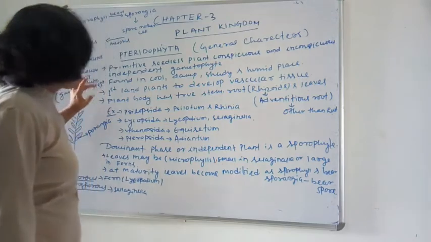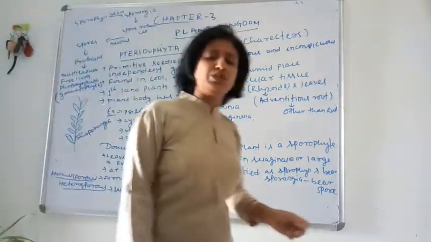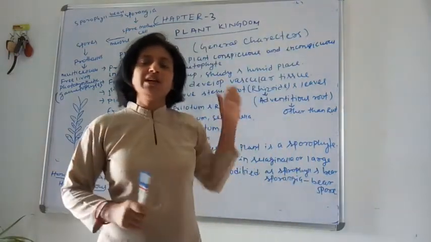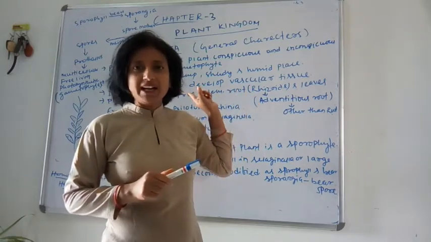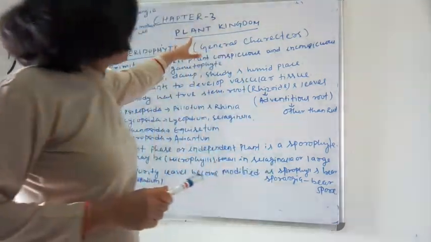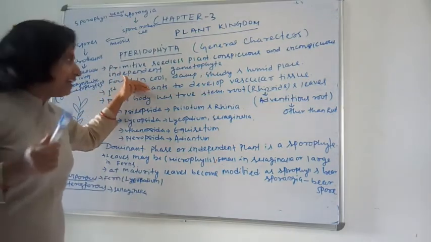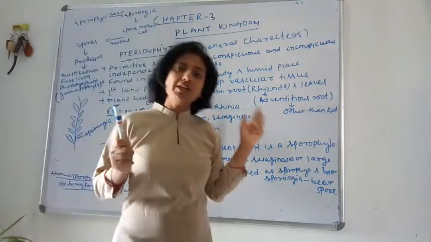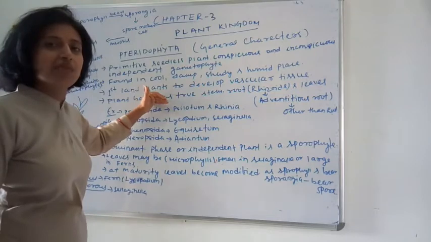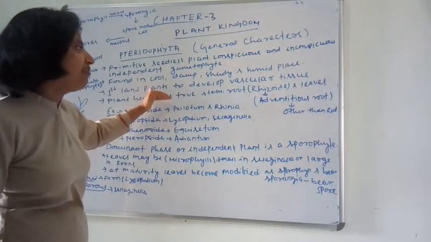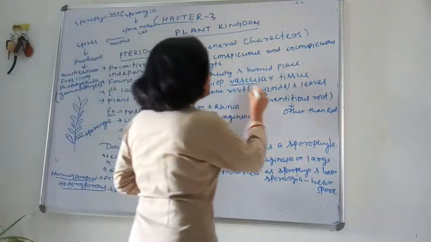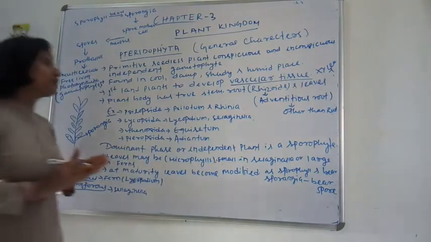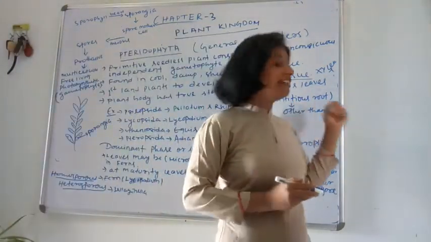We also use these plants in our houses to keep them looking beautiful. Next is the first land plant to develop vascular tissue. You know vascular tissue, xylem and phloem, which conduct water and food separately. So this is the first plant in the plant kingdom which has vascular tissue. Recall that algae and bryophytes have no vascular tissue, meaning no xylem and phloem. Only pteridophytes have vascular tissue, meaning xylem and phloem.